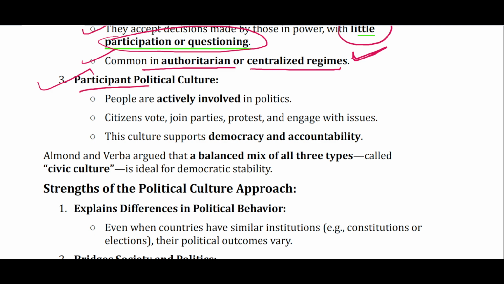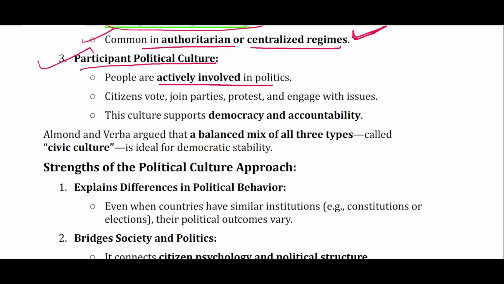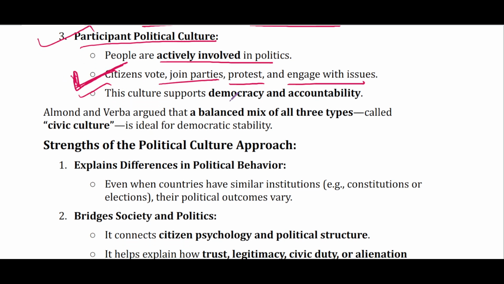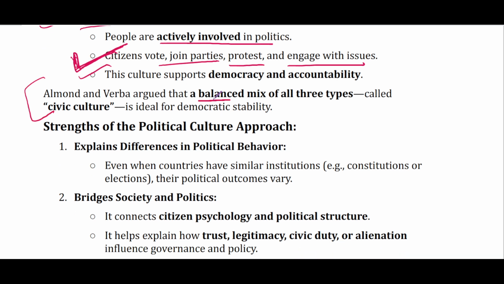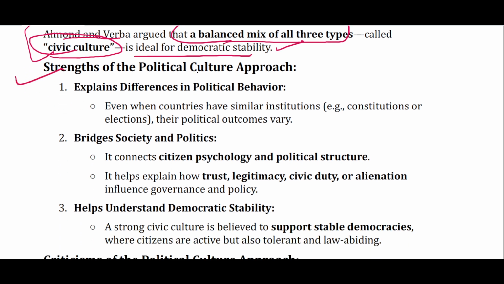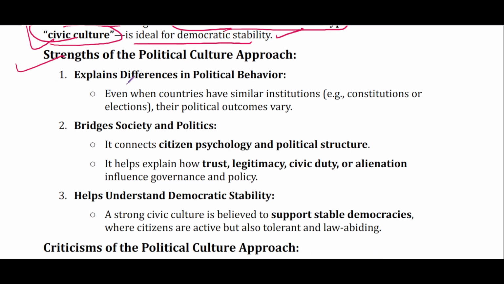And finally, the participant political culture, in which people are actively involved in politics, people vote, they join party, they protest, they engage with issues, they sit in, they demand their rights, they hold the government accountable. So here, these examples are found in democracies. So from the balanced mix of all these, Almond and Verba arrive at the civic culture, which is ideal for democratic stability. Now the strength of this approach is that it explains differences in political behavior